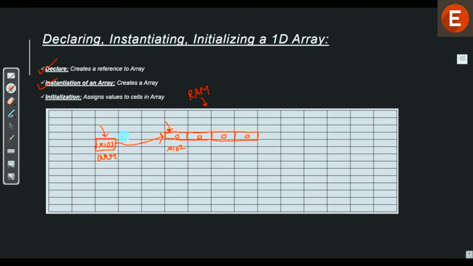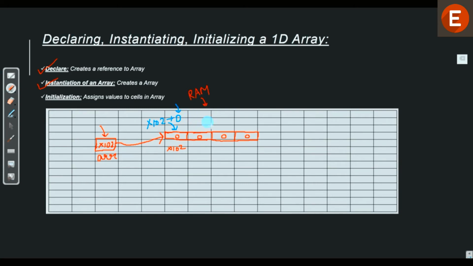Okay, so now let's see how array traversal works at a memory level. When we are pointing to the first cell of this array, all that we are saying is x102 plus 0. Why 0? Because every time we want to go to the next cell, we have to increment this number from 0, 1, 2 and so on.